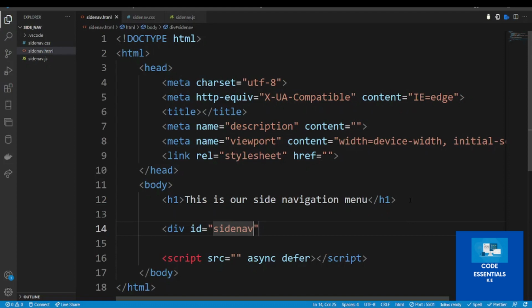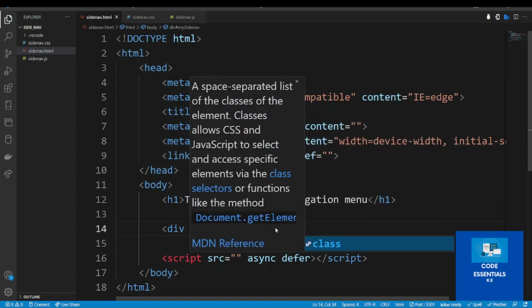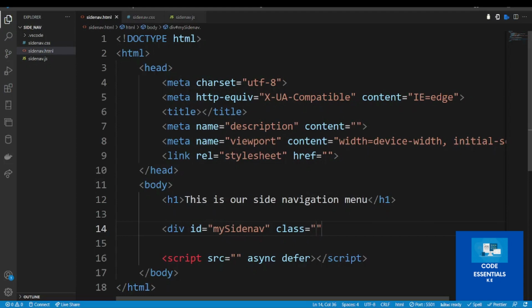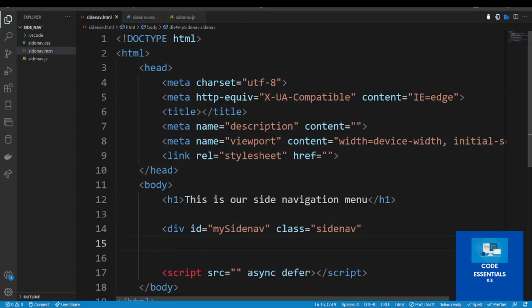We can say div ID of side nav, or we can say my nav. So I can say my side nav, then a class of side nav, right? Then we close our div,